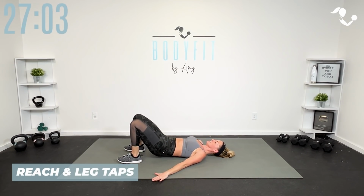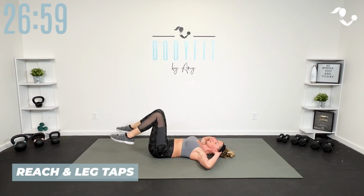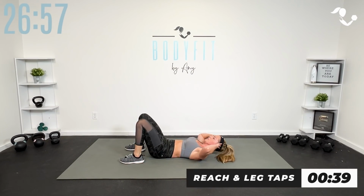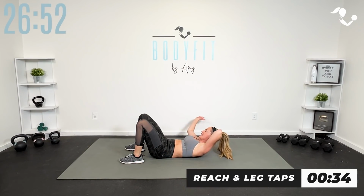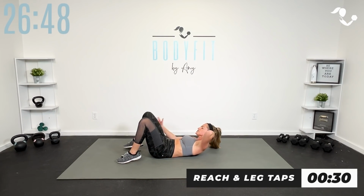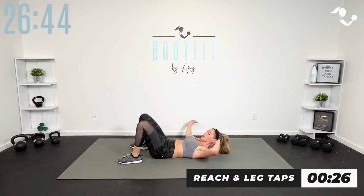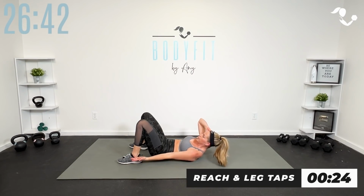To modify, just take it to a bridge. We got 3, 2, 1. So I want you to feet down, reach around. You can keep it just right here. Back to basics, or we're adding inside and outside of the heels. So outside of the heels with a little crunch, lift it up, inside, inside, take it down, reach, reach,